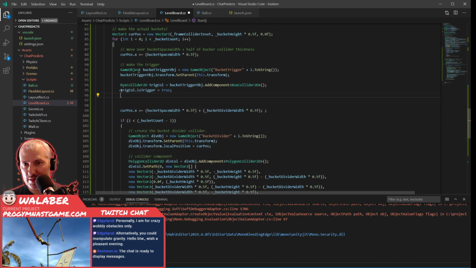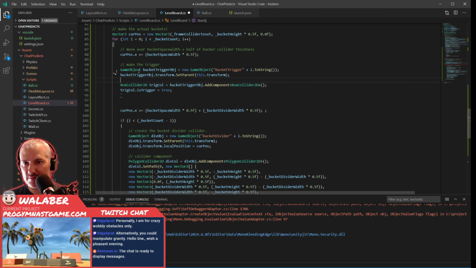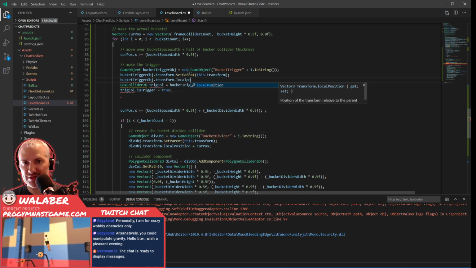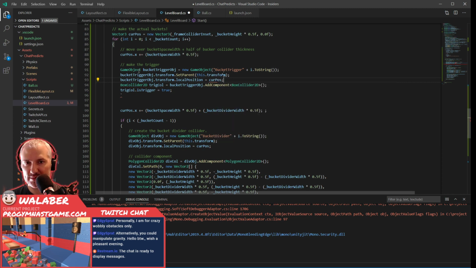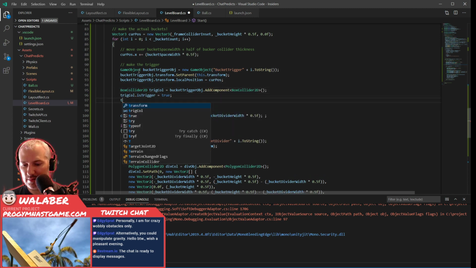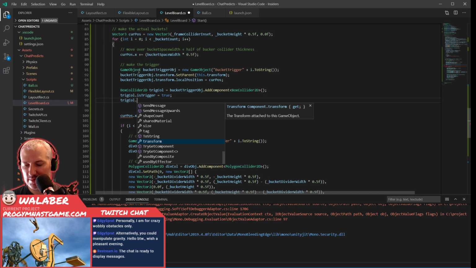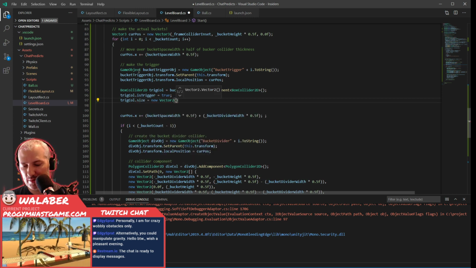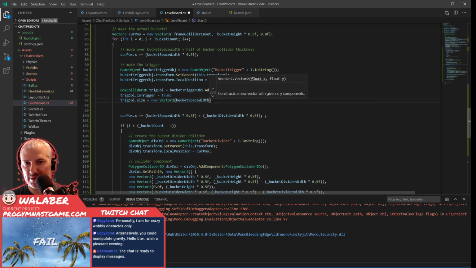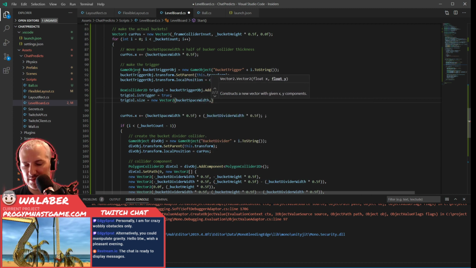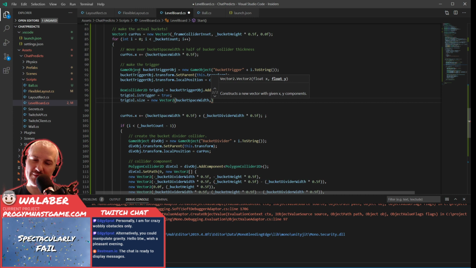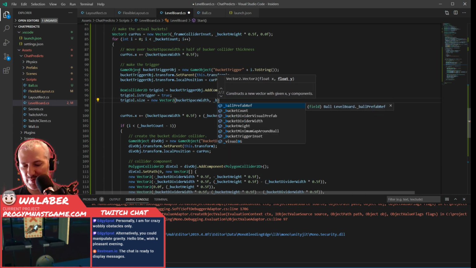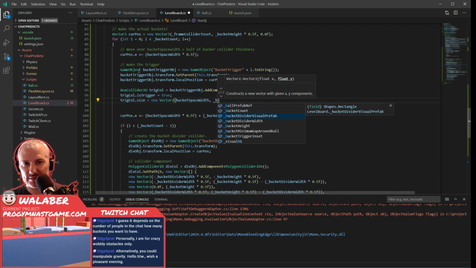Okay. Oh, and we can right here, bucketTriggerObject.transform.localPosition is equal to curPos. Okay. Then triggerCollider.size is gonna be what? It's gonna be bucketSpaceWidth by, oh, and actually we have to offset the Y position of this slightly, because this is supposed to be bucket height